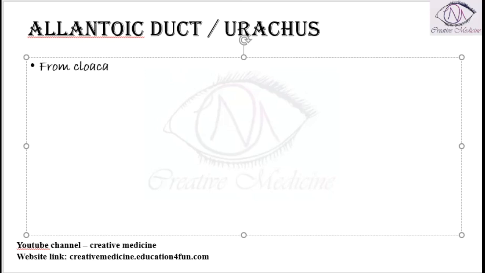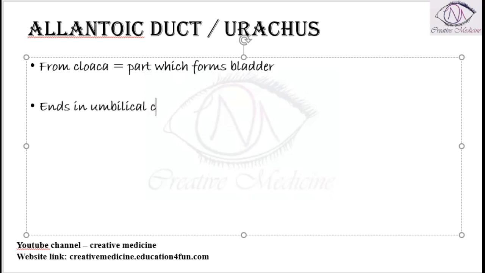Cloaca is a part which forms the bladder. This allantoic duct starts from cloaca and ends in the umbilical cord. It is normally involuted, or it normally disappears at birth. But if it is not involuted, then there exists a direct connection between the umbilicus and the